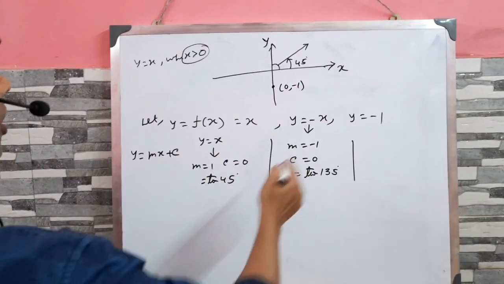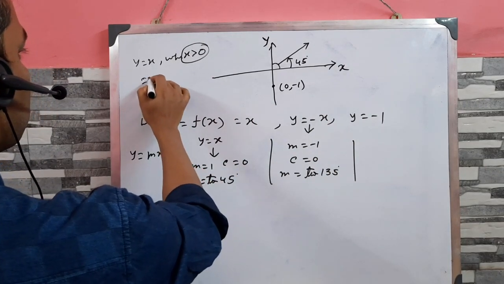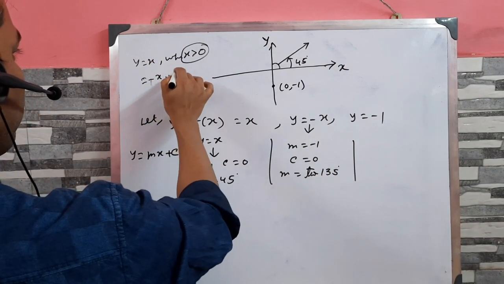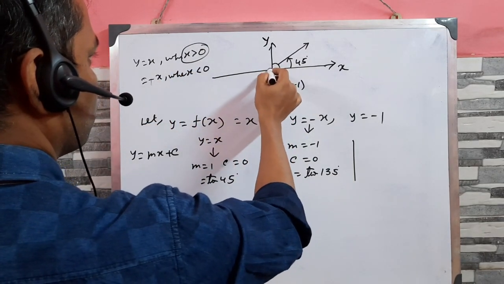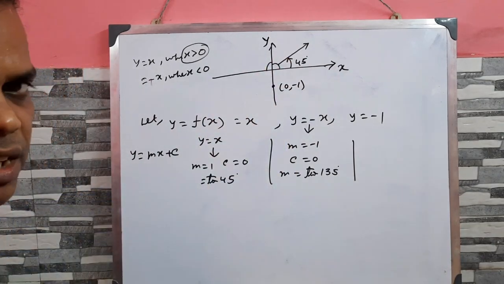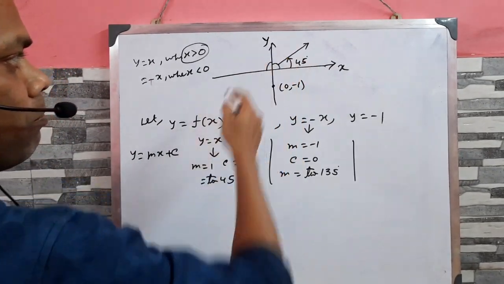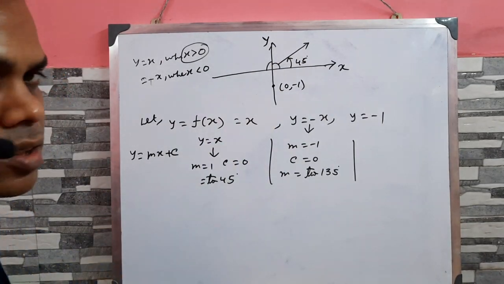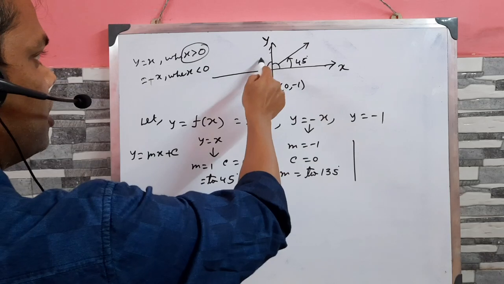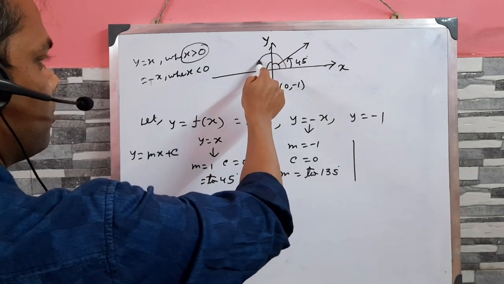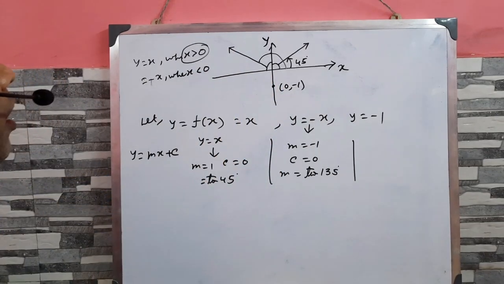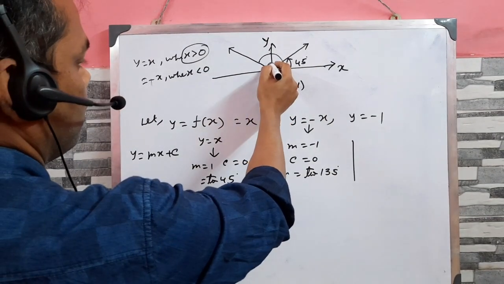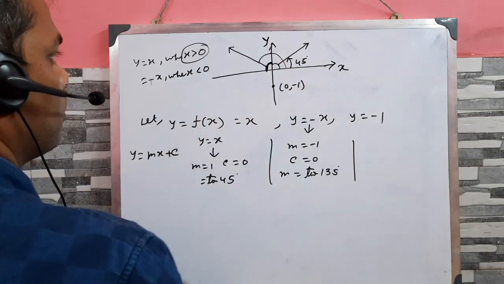and y equal to minus x when x less than 0, that means tan 135 degree, so bisector of the second quadrant. Tan 45 degrees is the bisector of the first quadrant, tan 135 is the bisector of the second quadrant, because 90 plus 45 is 135, so the line goes like this. And here x does not equal to 0, so here we cut a loop, and y equal to 0 is